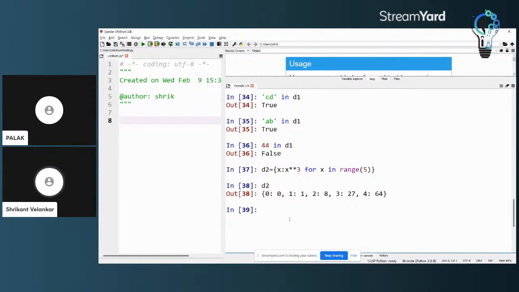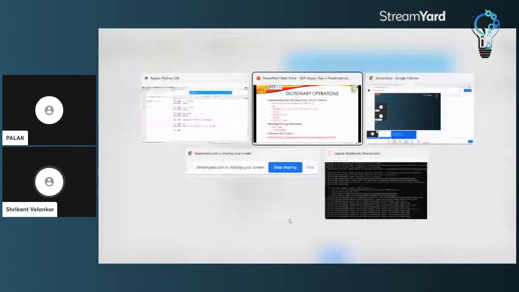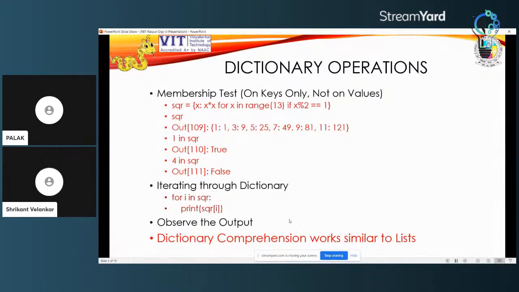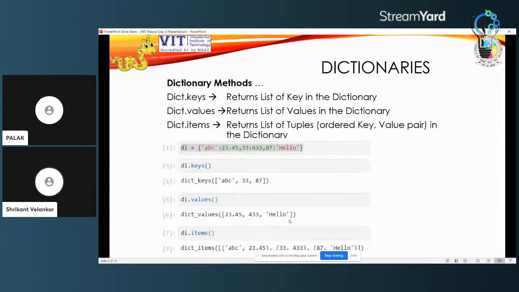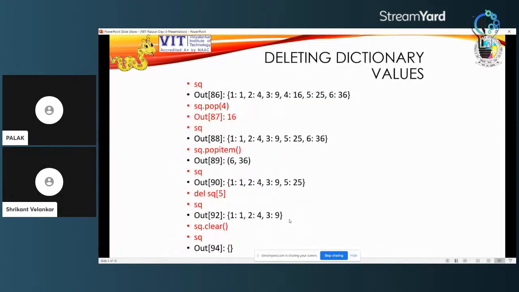So all these things related to the dictionary we have just seen: membership tests, dictionary comprehension, and the functions keys, values, and items. We have already seen the popitem and clear functions which are available with the dictionary. You can also use a delete command, where the key has to be specified.